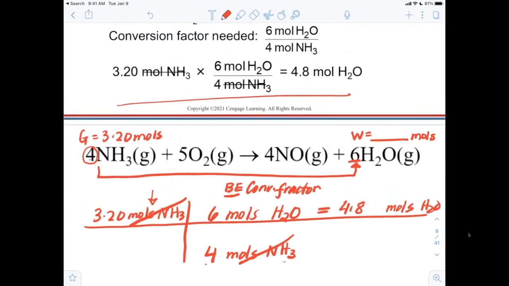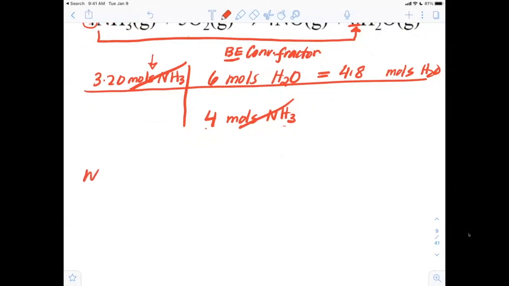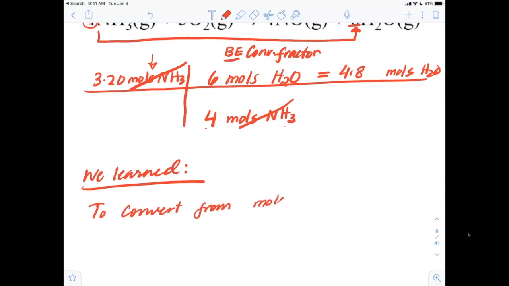Okay, so this is a balanced equation conversion factor. Okay? So, what have we learned so far? We learned, let me keep this short and sweet, to convert from moles given to moles wanted, use